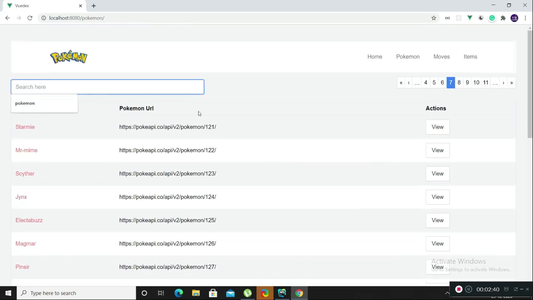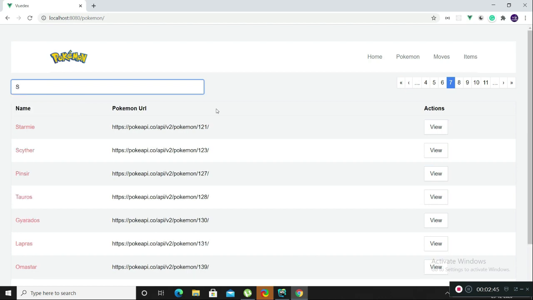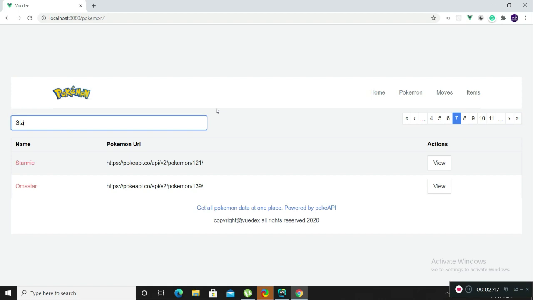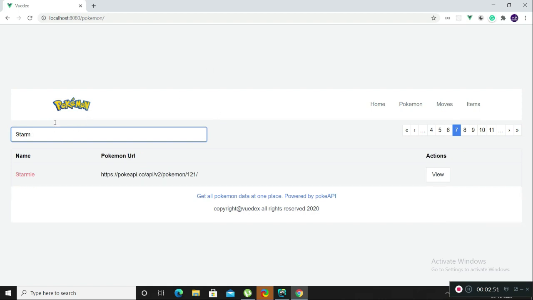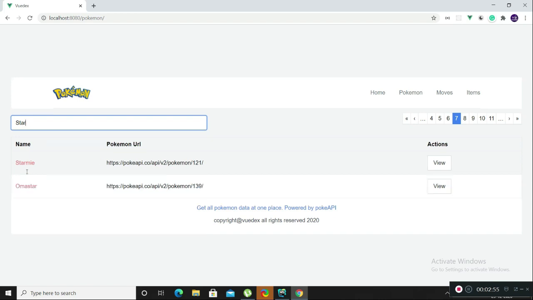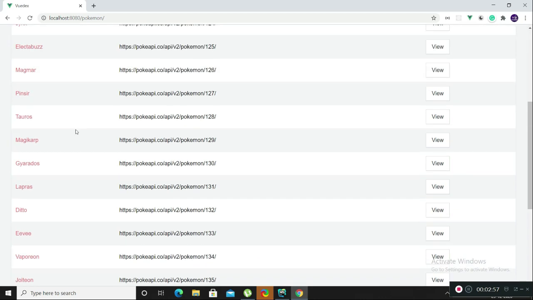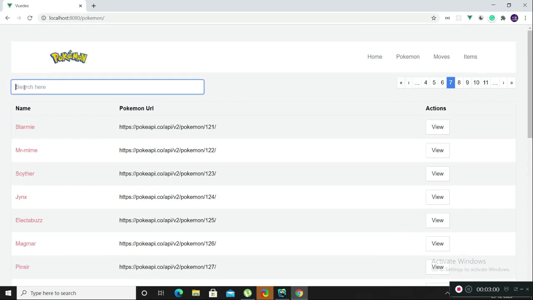This also has a search filter, but it would only work on this particular page. For example, if I try to search for Starmie, I have this result here, and now all of the results are available once this search box is empty.